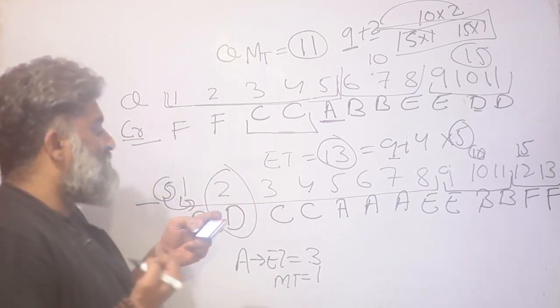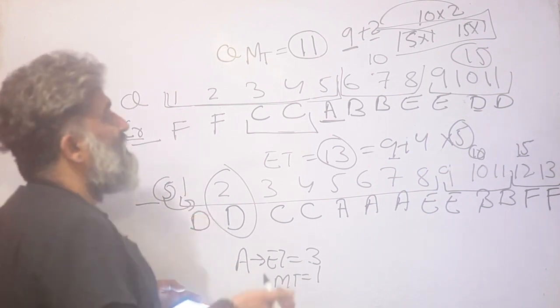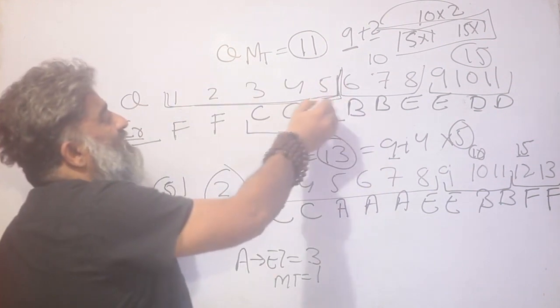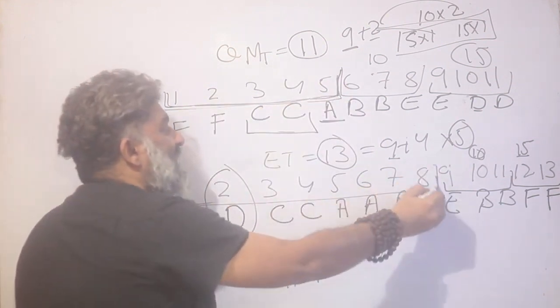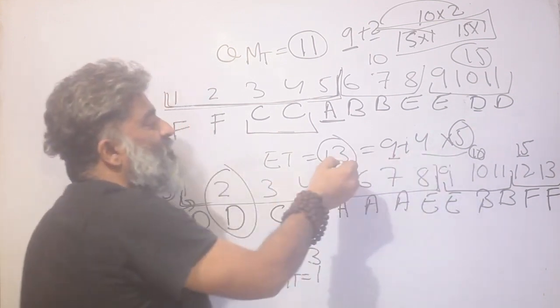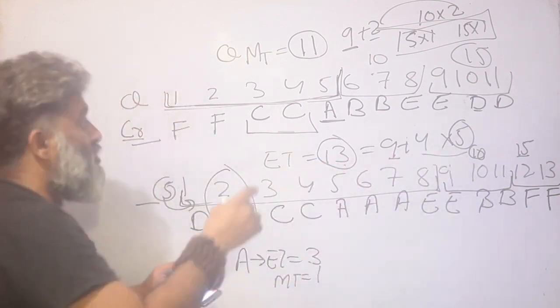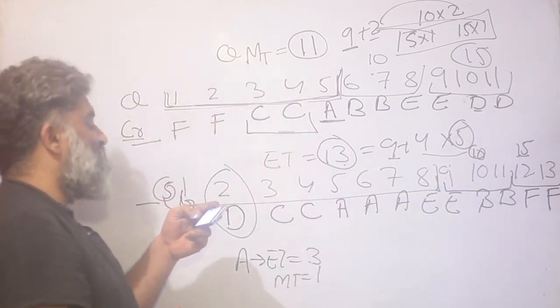The next question was, how many 5-mark questions were there in MT and ET combined? So in MT, I know there were 5 5-mark questions, and in ET, I know there are 8 5-mark questions, 4 already in the story and 4 I figured out because the total number of questions is 13. So 8 here and 5 here, my answer should be 13 or option D.